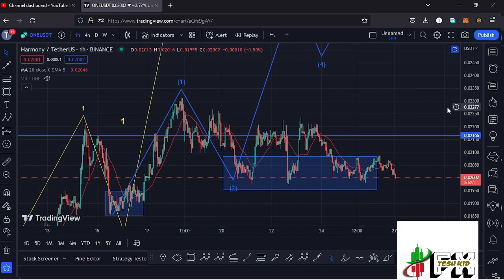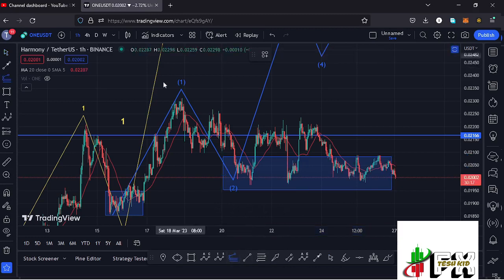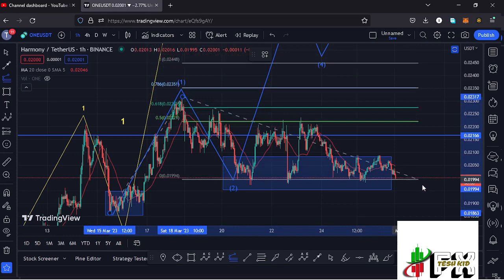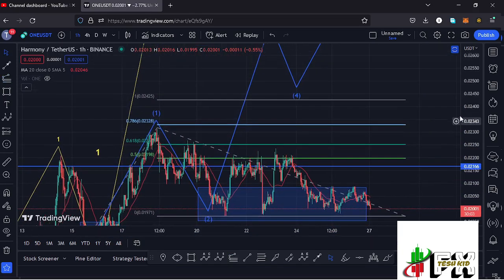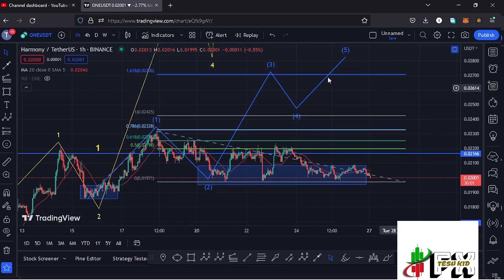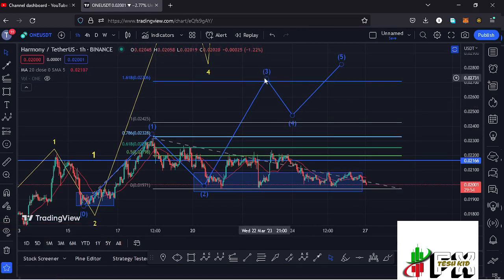And if that is the case, and assuming that Harmony One is not going to give us one more leg down in the formation of this wave 2 within this blue target area, we can sketch out a target area to the upper side in the formation of that wave 3 by connecting the trend-based Fibonacci from the low of the first wave to the high of that wave 1, then dragging the Fibs to the low of the second wave. That now gives me a minimum target area in the formation of that wave 3 at the Fib level 1.618, and that is at around the $0.02706 mark, and that is the minimum that I'll be expecting that wave 3 to the upper side to do,